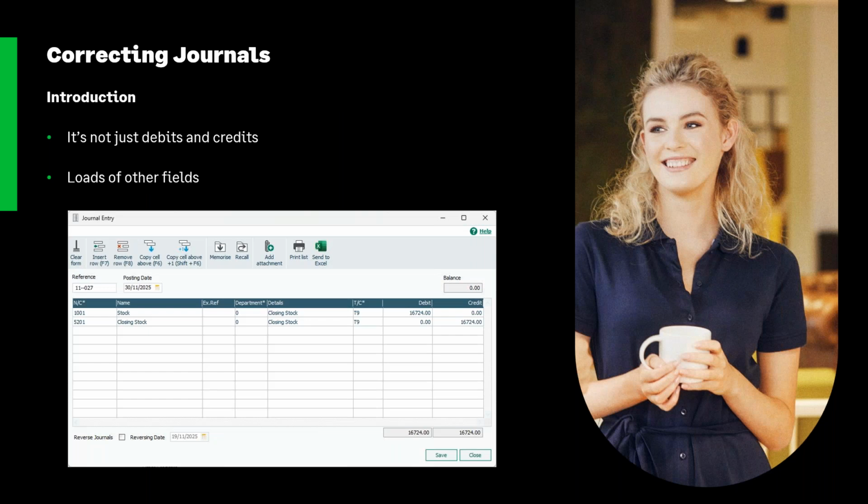Journals, sometimes they're as simple as a 2-line journal. Other times, well, there could be over 100 lines in that journal. So chances are you might get something wrong. It might even just be things like a typo in the details. So something simple or maybe something a bit more complex. So there's lots to